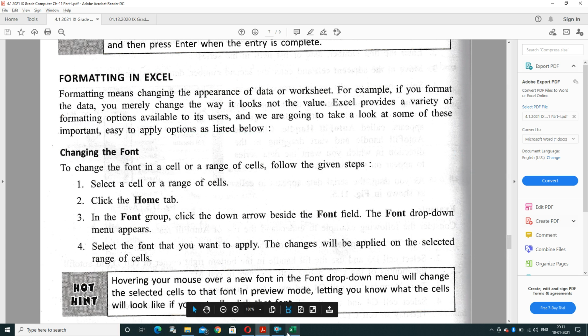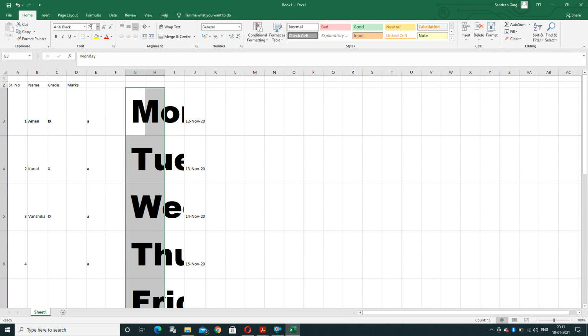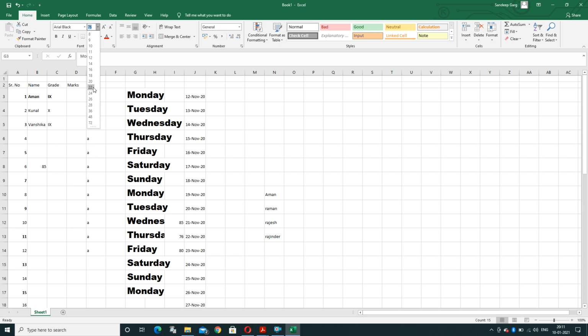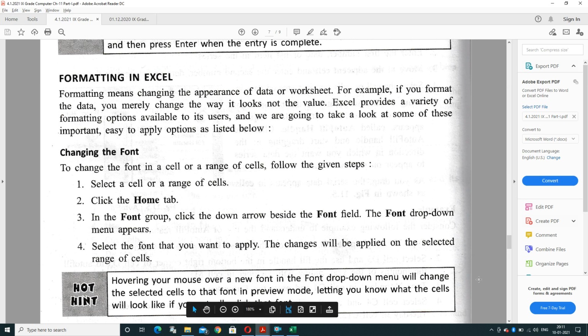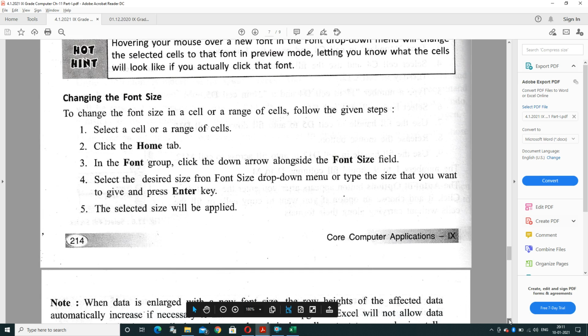To change the font, we have two options. I can directly change from here. Otherwise, I can change by clicking from here also. I can directly type the font size value also. Suppose I want to make it 76. I'll directly type 76 and press enter. Otherwise, I can select from the list also. Left click here. Afterwards, select the search. Now changing the font size we have done already.